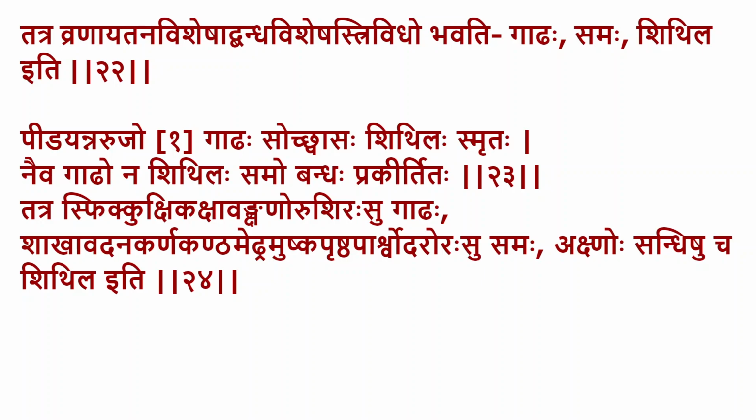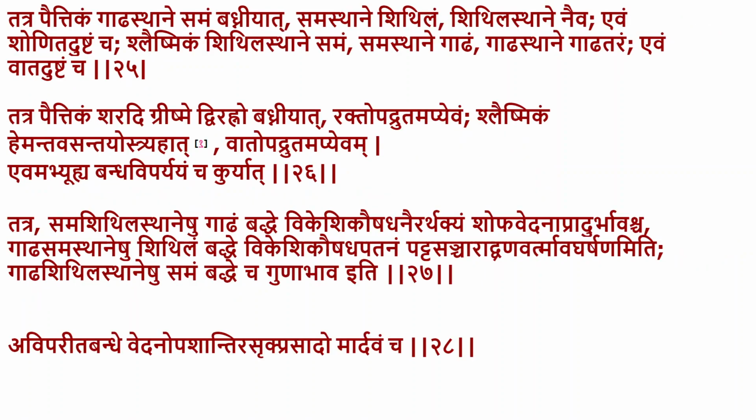In a joint, you may have two options. Either the movement has to be reduced. When the movement has to be reduced, it has to be the Gadabandha. When the movement is to be allowed but you want to cover the wound, then it should be Shichilabandha as such. Now, based upon the doshas, again, these variations can be changed, because in case of the Pittaja Vyadhi, there